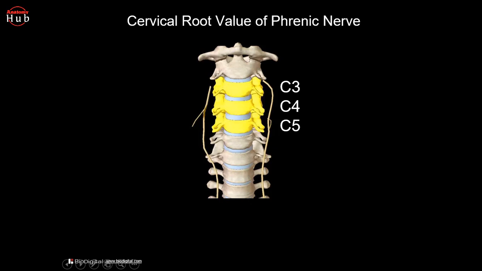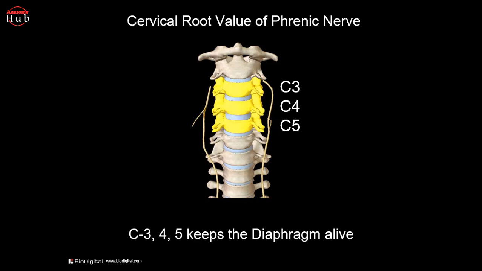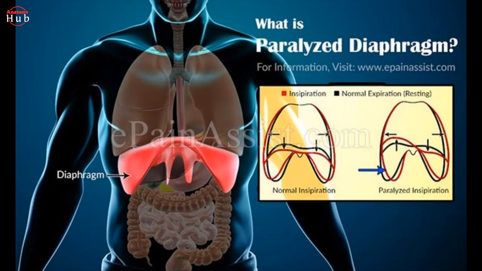And here you can see how the C3, C4, C5 spinal roots are just coming out of the spinal cord, and they unite together and form the phrenic nerve, and that goes down. The C3, C4 and C5 actually keep the diaphragm alive, because here we will find some clinical relevance. The main thing of the diaphragm is the paralysis of the diaphragm. Diaphragmatic paralysis is due to an interruption in its nervous supply. This can occur in the phrenic nerve, cervical spinal cord, or inside the brainstem.